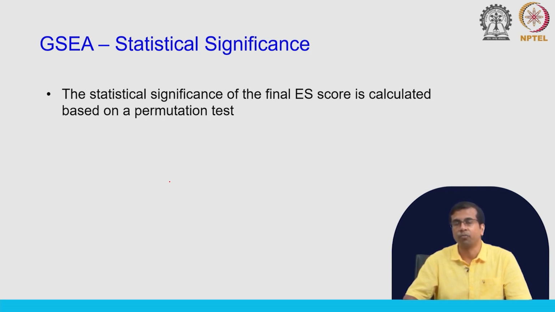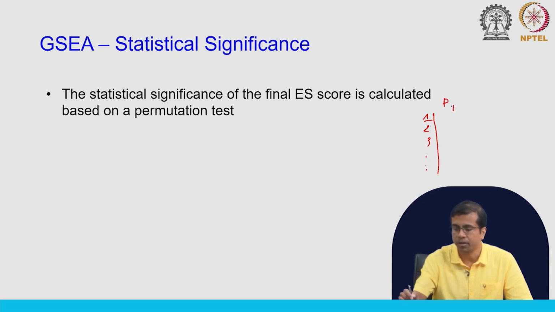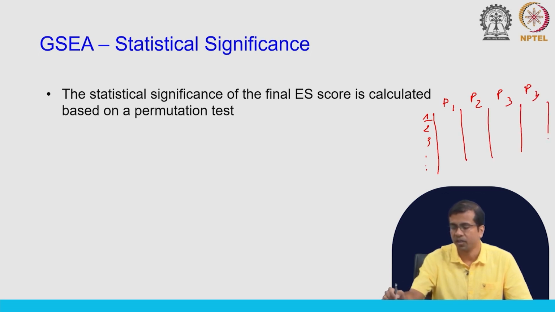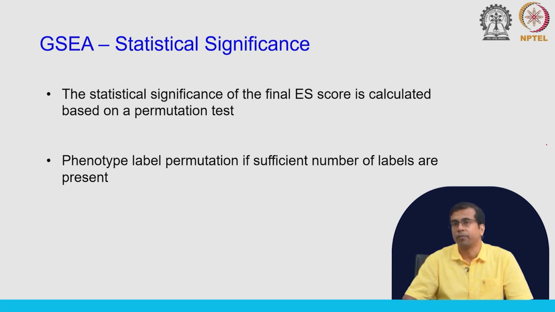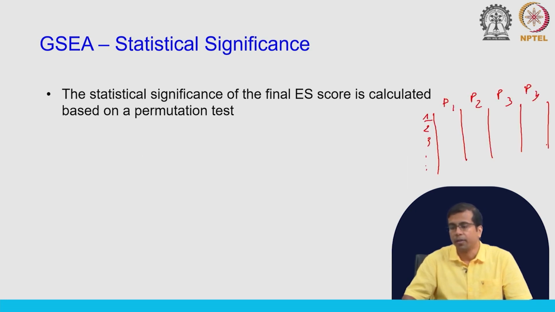So, how does it work actually? You can imagine you have this rank list of genes, rank 1, 2, etc. You have the phenotype labels, for example, P1, P2, P3, P4. So, you have these data sets, and once you have these phenotype labels, what you do is you permute these phenotype labels. You change these